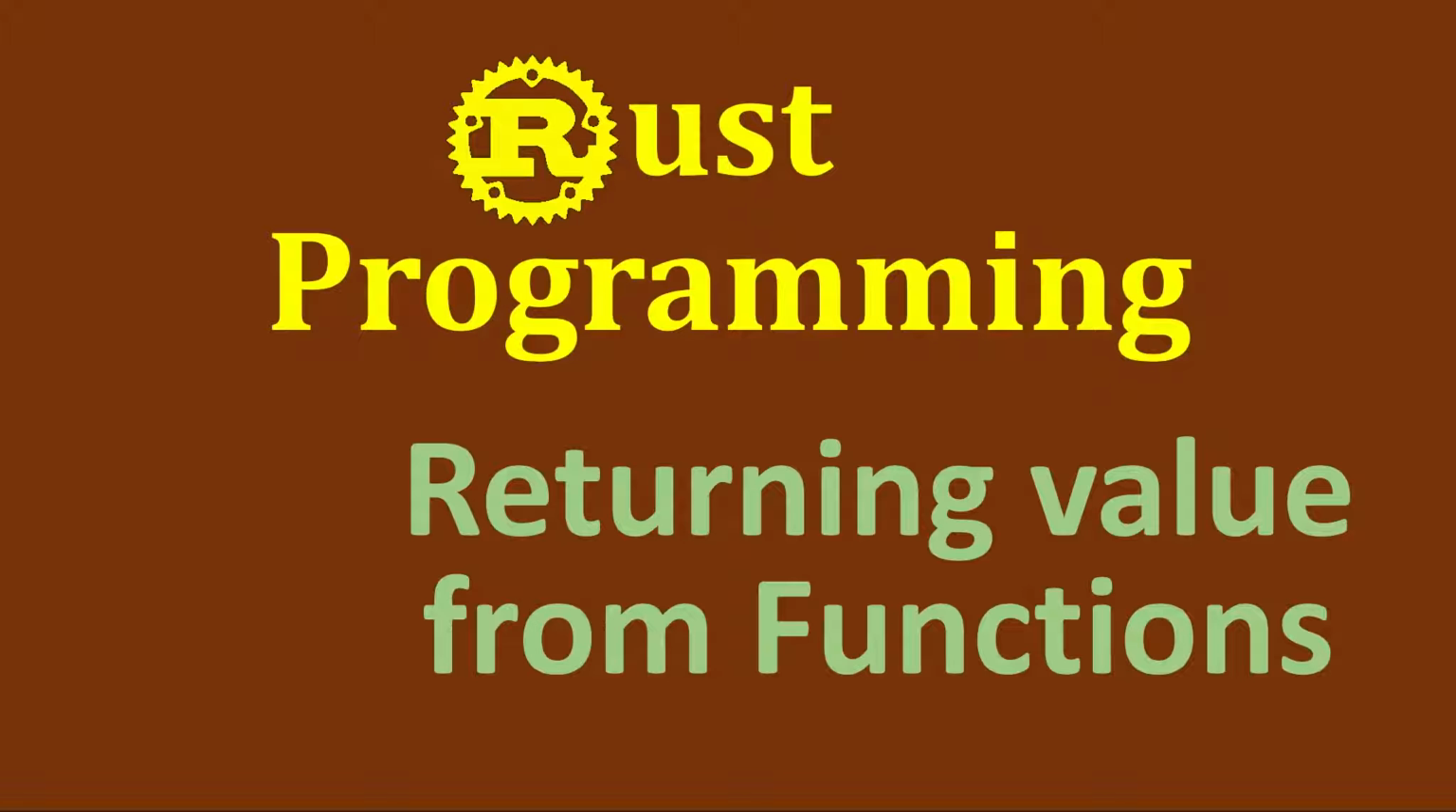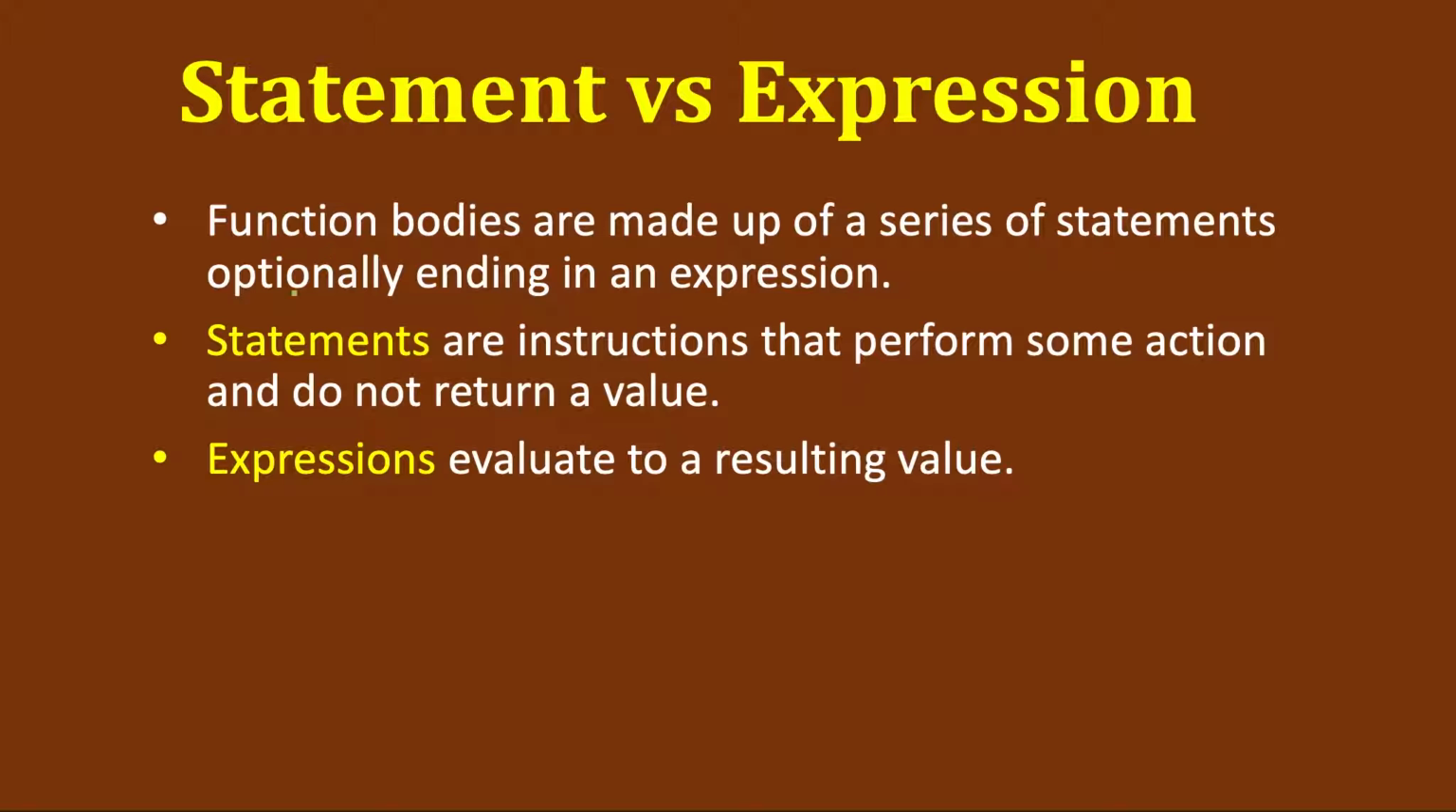We will continue our discussion on functions and we will see how we can return values from the functions. So in Rust, function bodies are made up of a series of statements, optionally ending in an expression. So what is the difference between statement and expression? So statements are instructions that perform some action and do not return a value, whereas expressions evaluate to a resulting